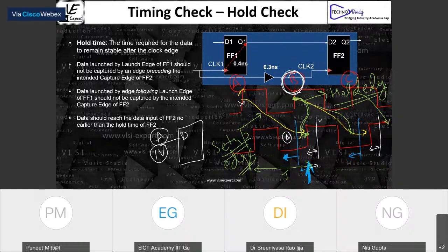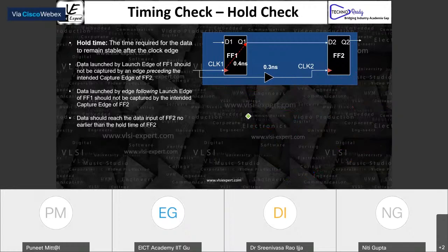Okay, great. I think now everyone is clear with respect to setup and hold. Now, there are two open questions, and we'll discuss those. But before that, I would like to show you what we understood till now in the reports, because that's something you're going to do. The analysis you're going to do is on the report only. Let's see in the report.